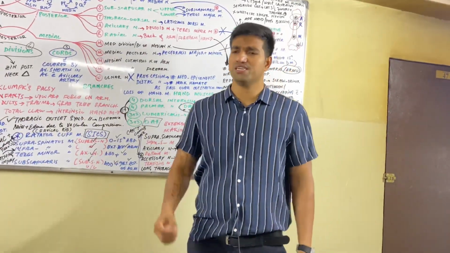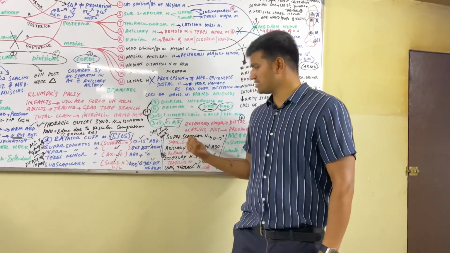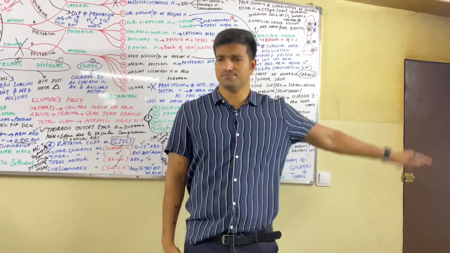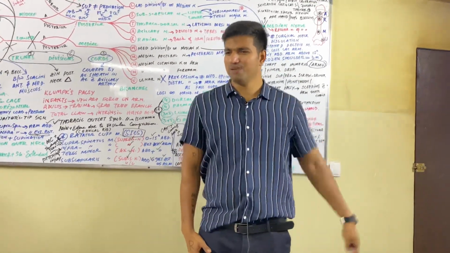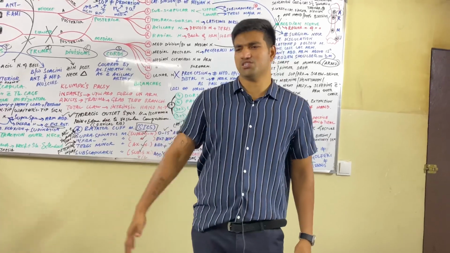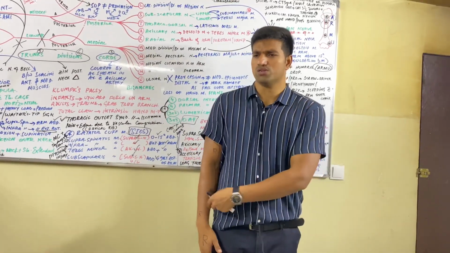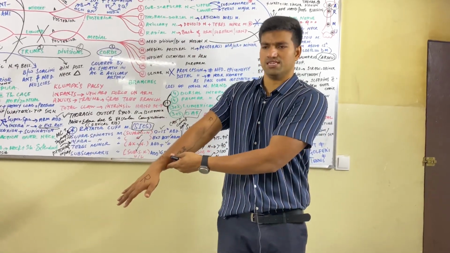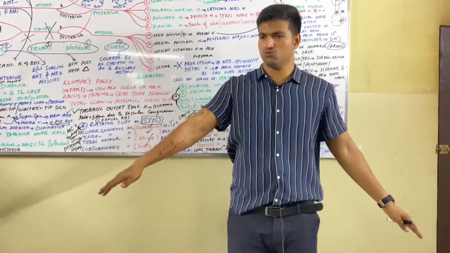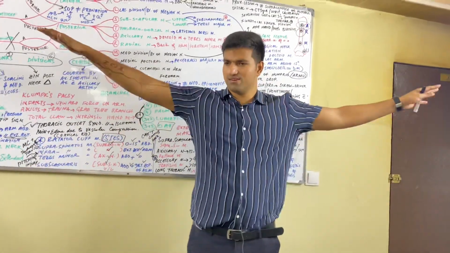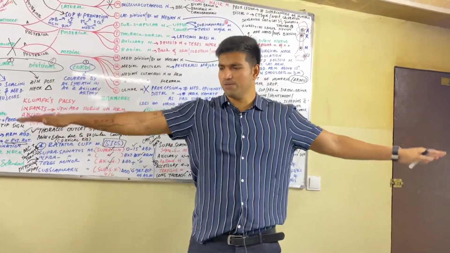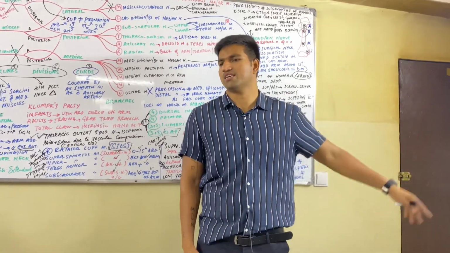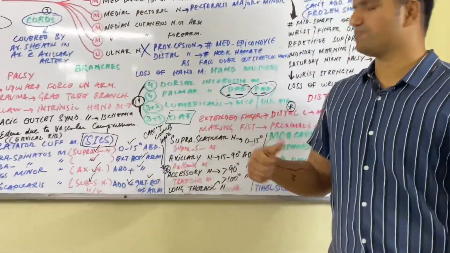And what will he do if there is damage to the right suprascapular nerve or right supraspinatus muscle? He will do like this. Why? Because he cannot initiate the abduction. And how to check? If you give support to his right arm above 15 degrees, he can do like this. But again, if the right arm comes to the 0 degree position, then again he cannot lift his right arm. So that is the diagnosis for suprascapular nerve injury.